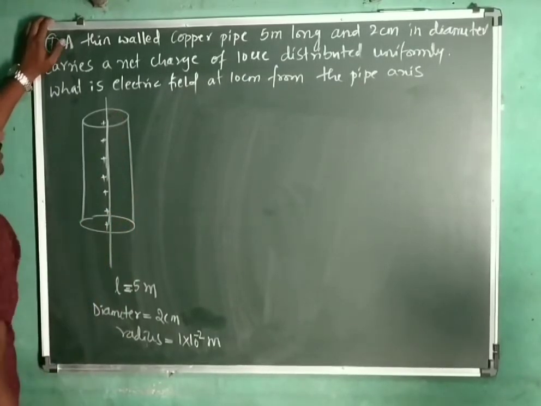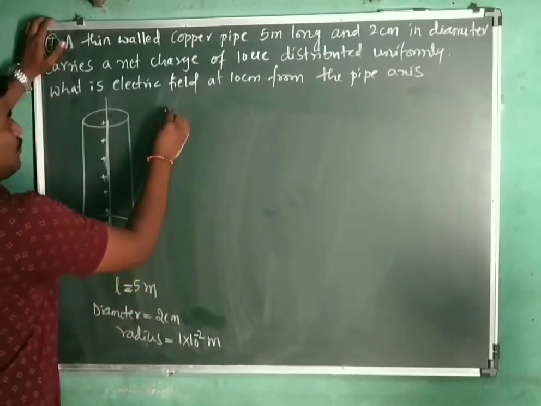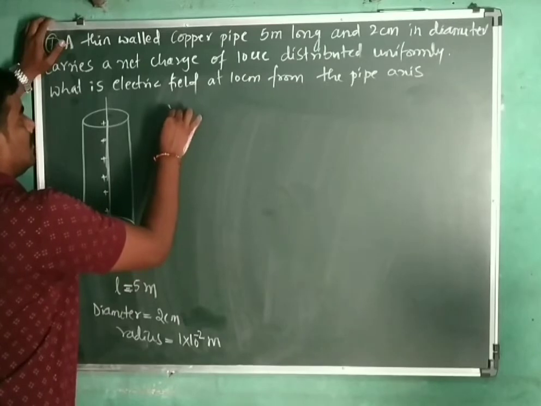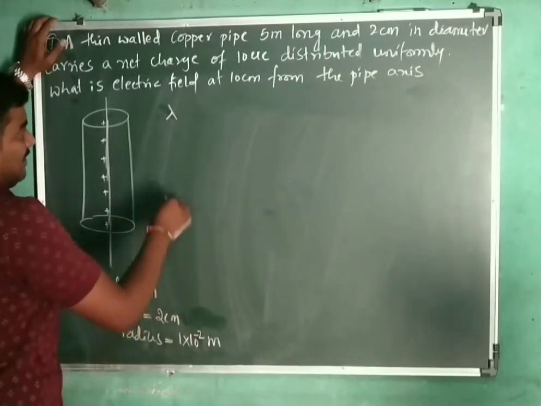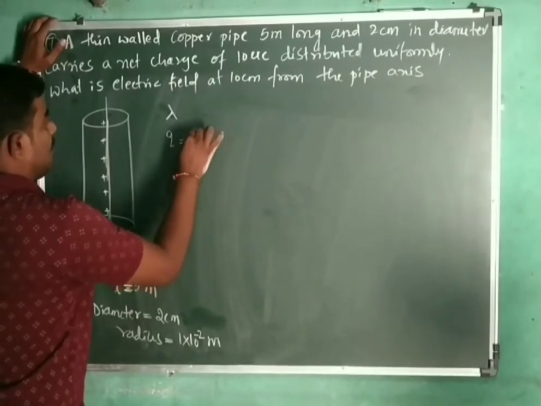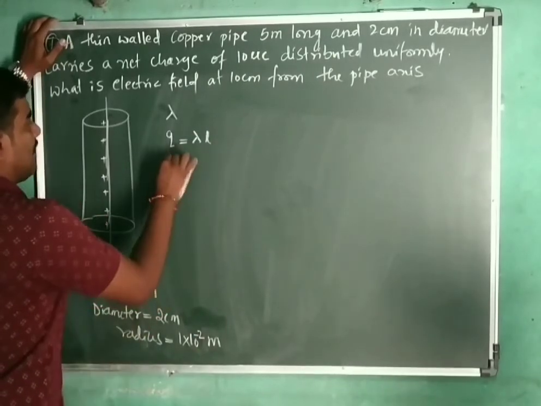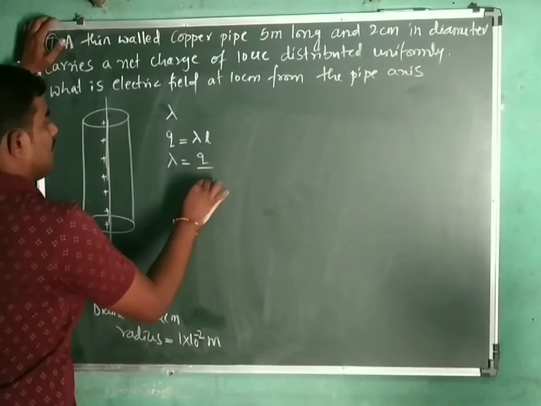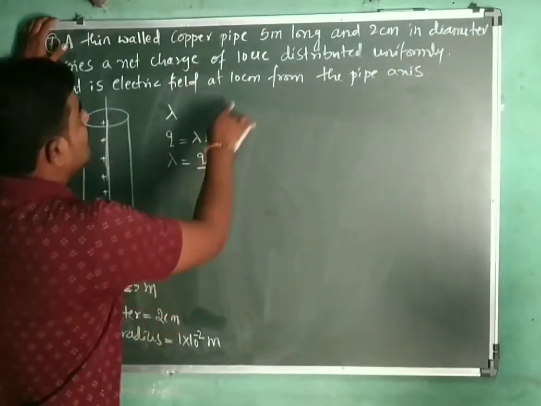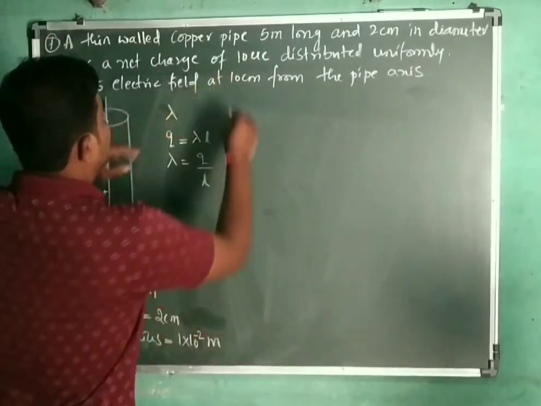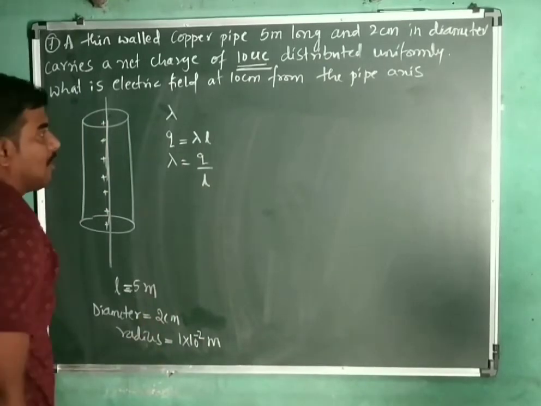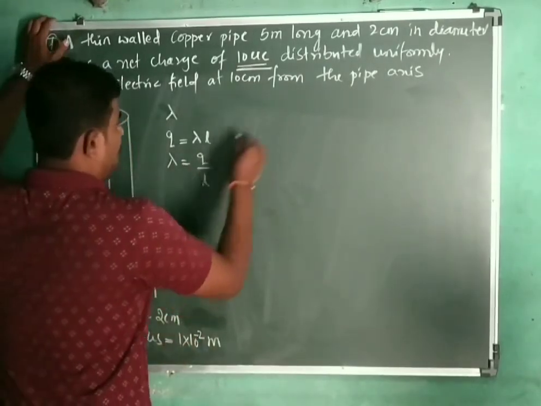This is a linear charge distribution. For a linear charge distribution we have defined one term, that is lambda. Lambda is what? Number of charges per unit length, okay, therefore the total charge Q is equal to lambda into L, where lambda is equal to Q divided by L. Q is the charge, it is given, 10 microcoulomb, and length is given, it is 5 meter,